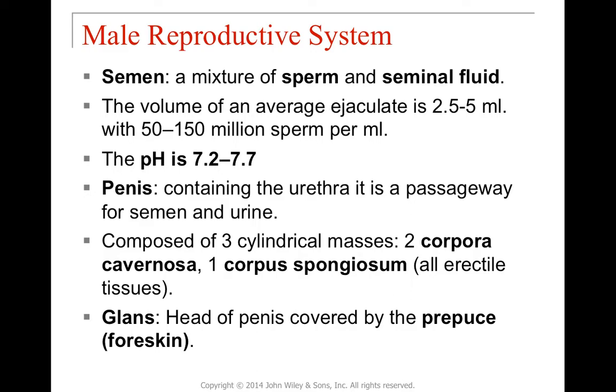All right. So semen, as I mentioned, is going to be a mixture of sperm, which are the cells themselves, and then seminal fluid, which is comprised of what comes from the seminal vesicles and then also from the prostate. The volume of an average ejaculate is approximately 2.5 to 3 milliliters, and it has approximately 50 to 150 million sperm per milliliter. Normal pH is going to be 7.2 to 7.7, which is the normal pH of the body,